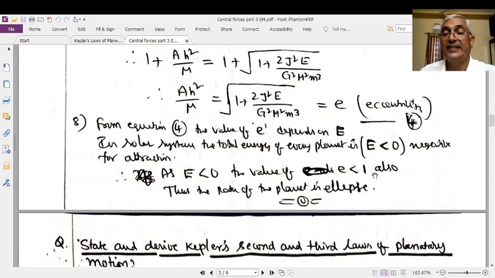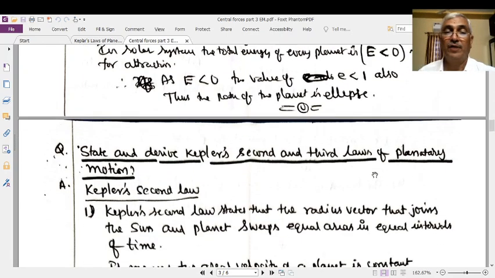Its eccentricity is less than 1, and the energy of every planet is negative. The total energy of every planet is negative: potential energy is negative, kinetic energy is positive, and their sum is also negative, therefore the total energy is negative. Total energy negative means it is bound to the solar system. It means that every planet revolves around the sun in its respective orbit constantly with a stable structure. This is the proof of the first law.